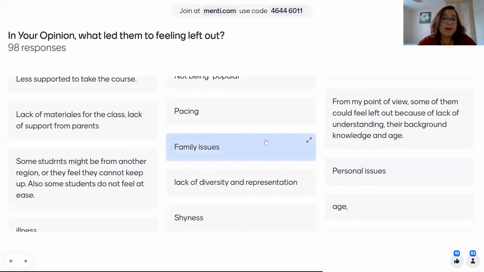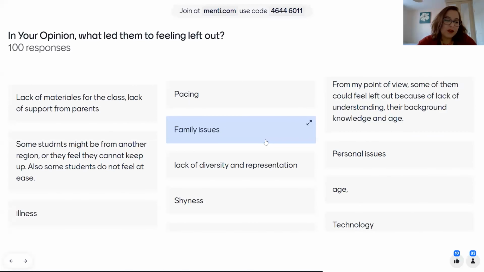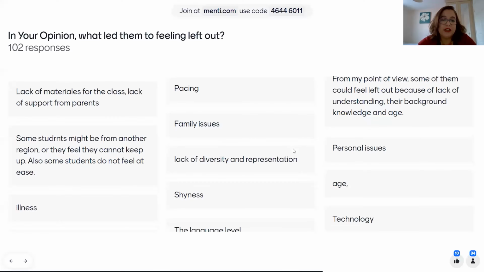Personal issues, what happens in their family home, impacts what happens in the classroom. In my field of work, we always say you teach the whole student. So the students, when they enter your classroom, they don't leave their identities and experiences outside at the door and then check in to follow your session, but rather they come into your classroom with their whole baggage, and sometimes this includes family issues.